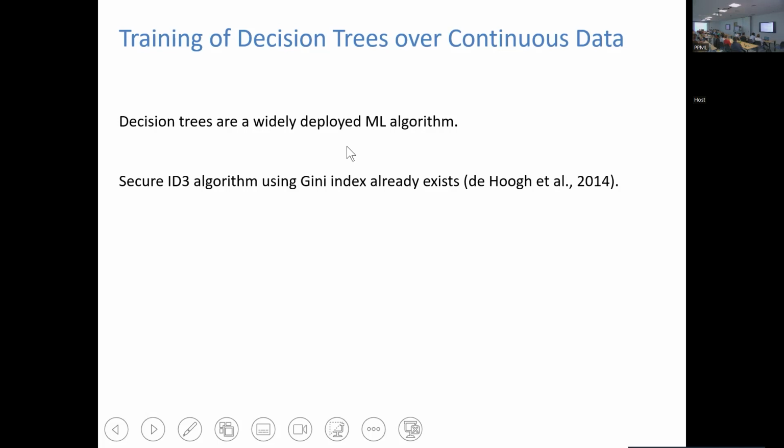There are solutions already, for example if you consider the case of discrete features, where you are trying to compute some ID3 kind of trees.